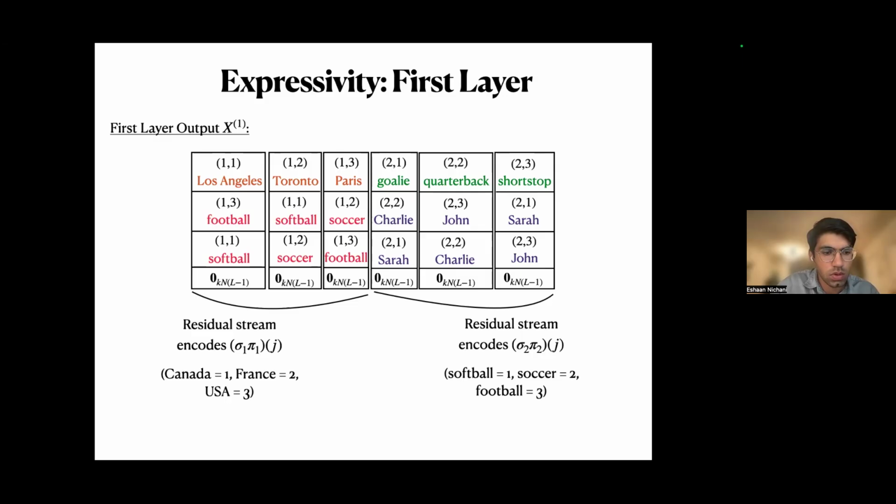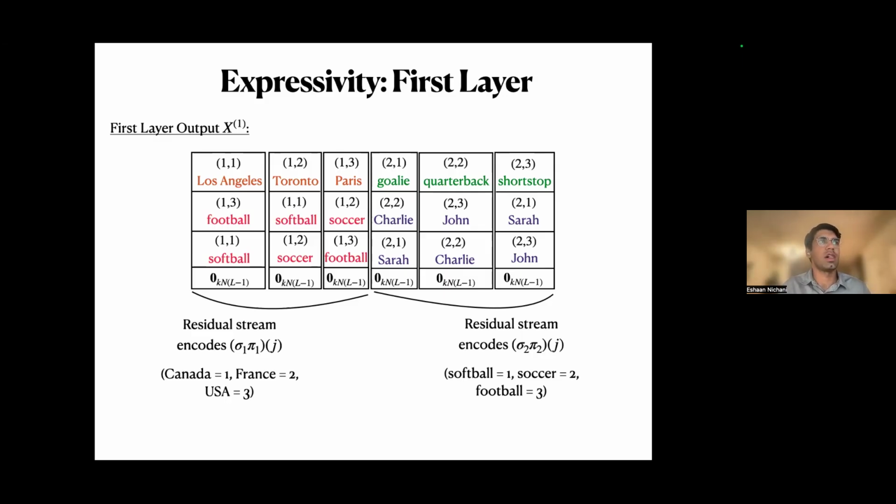Just confirmation: in the residual stream, we'll store the intermediate value after the first layer, and that'll be preserved over all the other layers as well. Yeah, this information gets preserved as you propagate through later layers, as I'll show. This is because we've chosen the embedding dimension to be sufficiently large.